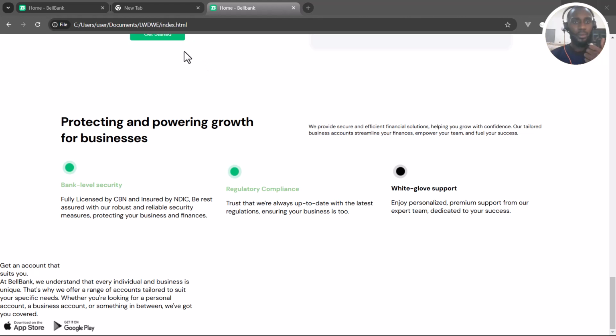So in the last video, we created the HTML structure of the download app section. In this video, we'll be working on the CSS styling. So now inside our code editor,